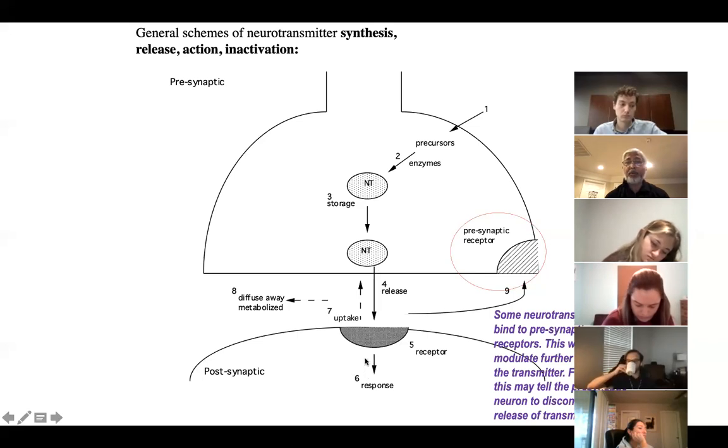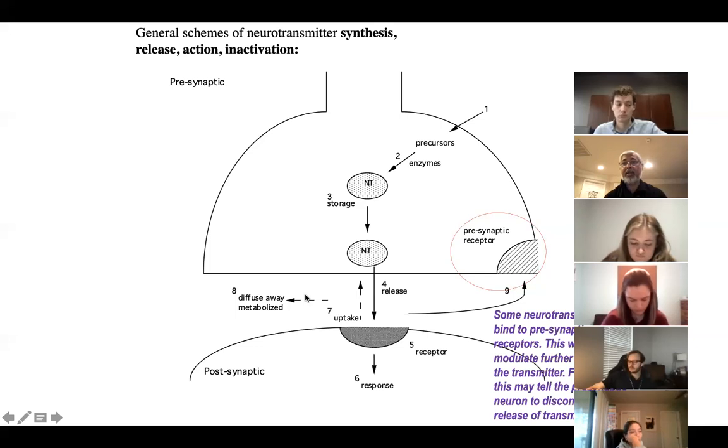Now, the response will depend on what type of neurotransmitter is being released, right? After the response is produced in the postsynaptic membrane, we don't want this response to last for a long time. So the neurotransmitter needs to be removed from this area. What are the ways they can be removed? One is that some of the neurotransmitter can go back into the presynaptic terminal. Some of them can diffuse away from the site, or some of them can be metabolized. By these three ways,